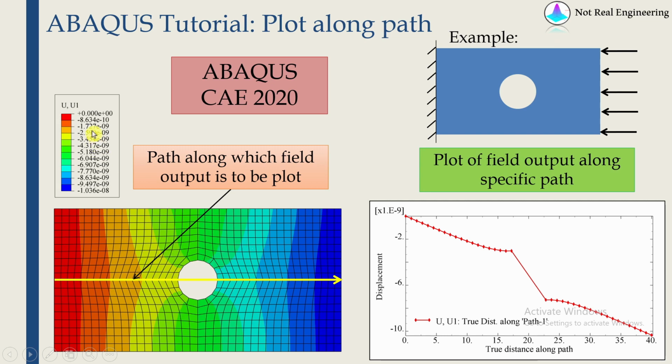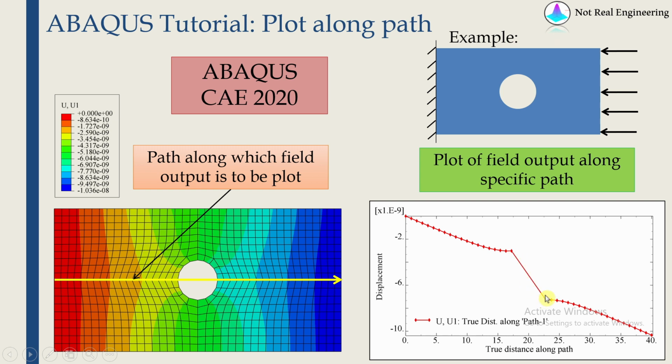This is the contour showing displacement along X direction. Now sometimes you want to see how this displacement is varying along some particular path in the mesh. So for example, if you take this middle center line from this left edge to the right edge, and you want to plot the displacement along this line and get some graph like this. So in this graph, this y-axis is displacement and this x-axis is just this line. So at x equal to 0, which is this point, the displacement is also 0 because this is fixed. And as you travel from here towards this free end, you can see the displacement is increasing.